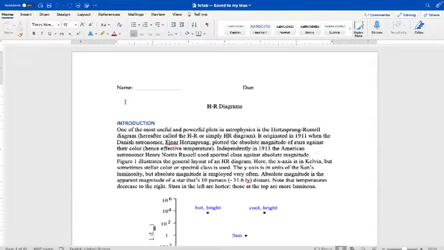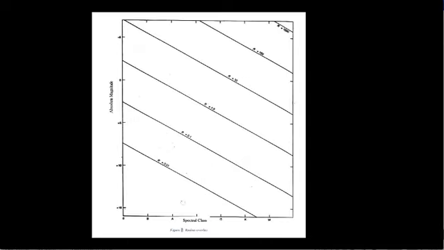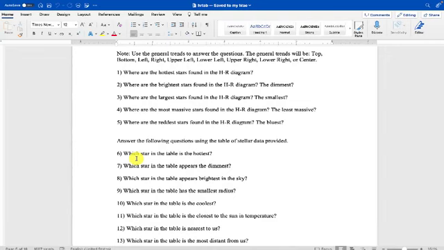Questions 1 through 6 in the exercise section ask us to use the overlays to answer the general questions that follow. The overlays are attached at the very end of the exercise and are labeled figures 6, 7, and 8. So the first question asks, where are the hottest stars found in the HR diagram? Well, the first thing we need to do is to recognize that by hottest, it means that we're looking at the highest temperature star. Now this seems obvious, but we'll use this thought process to establish a pattern for future